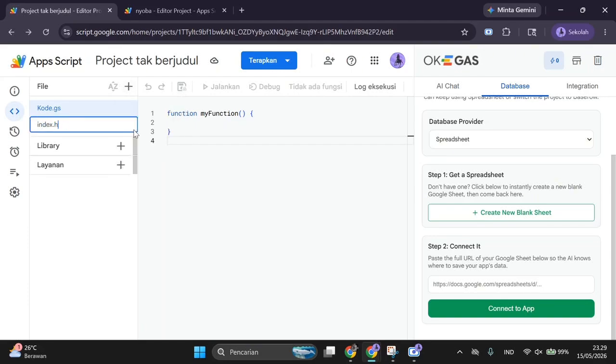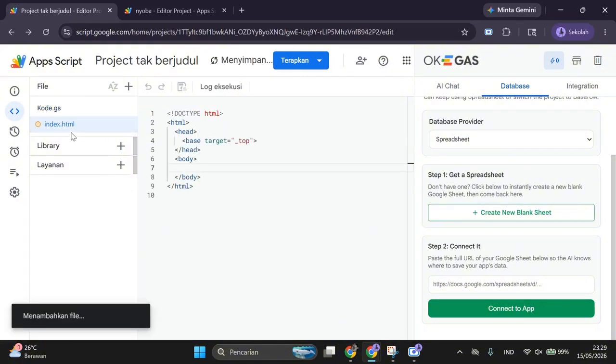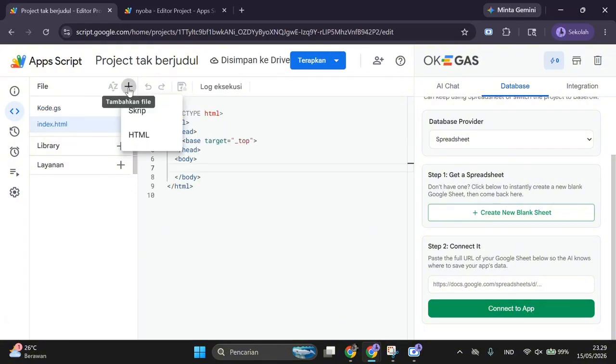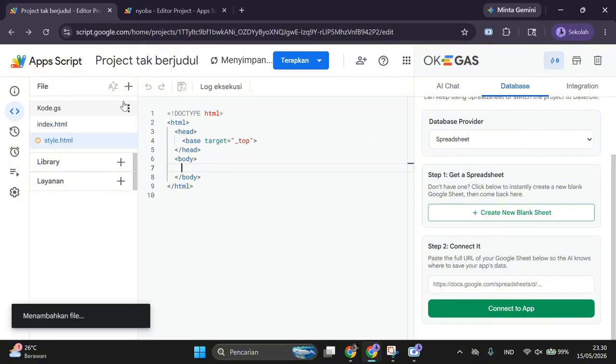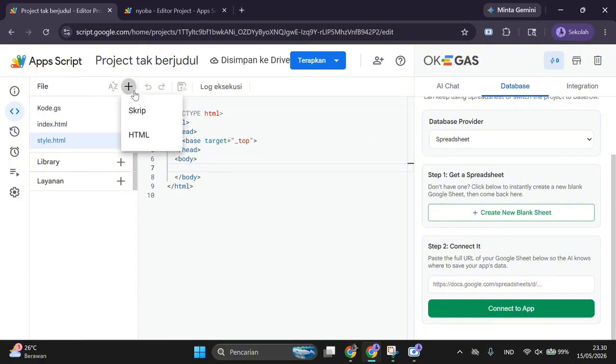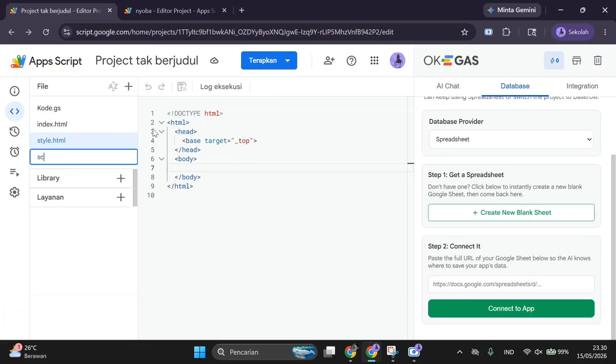To keep our project clean, scalable, and modular, we are not going to pile our code into one massive file. Instead, we'll split our project into 4 primary files. The first file will be the default Code.js. The second file is index.html. This will be the home for our front-end interface layout.